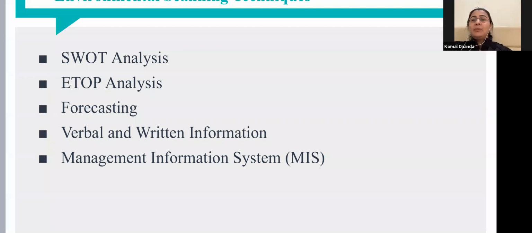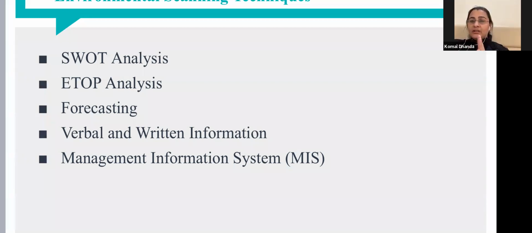And the fifth one is management information system. Now, when we are talking about management information system, first of all, let's understand what this MIS is. MIS is a formal method of making available to management the accurate and timely information which is necessary to facilitate the decision making process, right? So any accurate and timely information provided to the management so that they can do effective decision making. It facilitates them in the decision making process and enables the organization's planning, controlling, and operational functions to be carried out effectively.